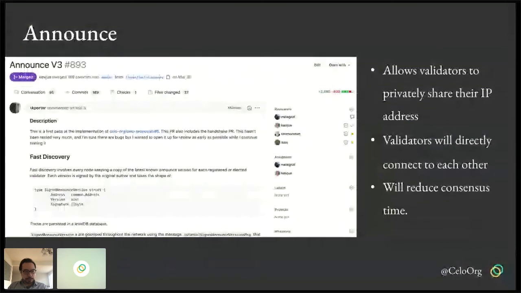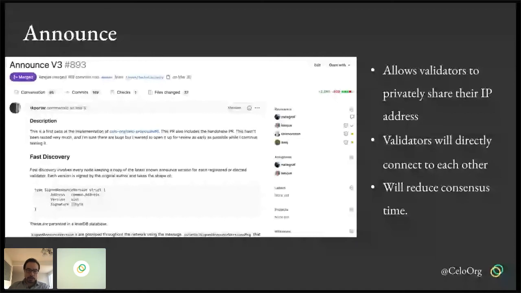So now I'm going to transition a bit to another feature that we implemented. As I mentioned earlier, the initial implementation of IBFT used gossip to communicate messages among validators. And we did see that it does impact consensus time.